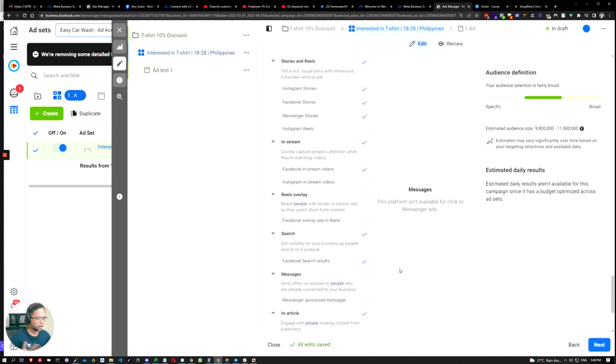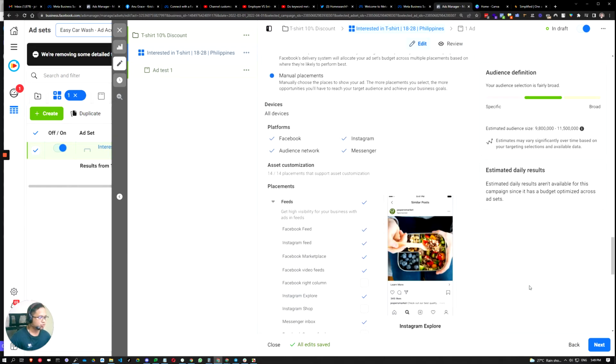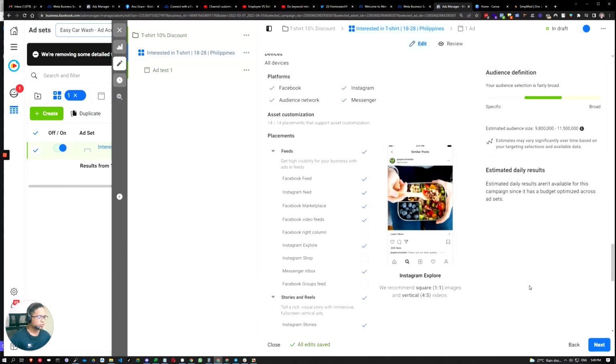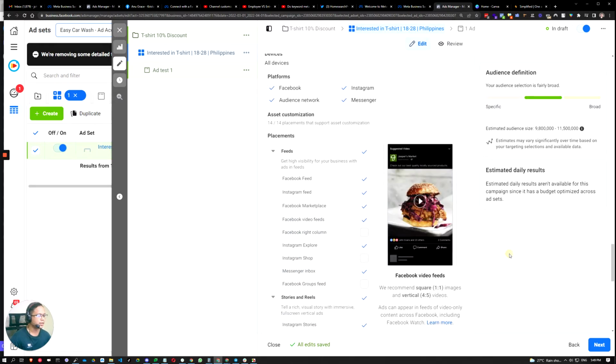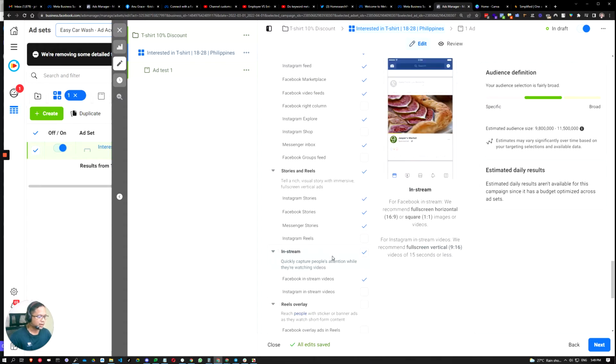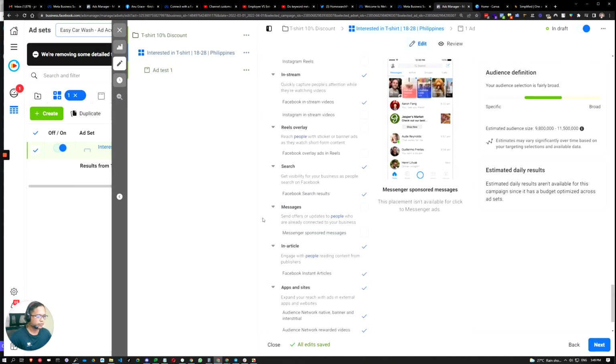Okay, so these are the different placements. As you can see, Facebook is not just showing ads on two or three placements, but it is showing different ads on these placements. There's a lot, but some of the placements are not that useful in terms of the campaign